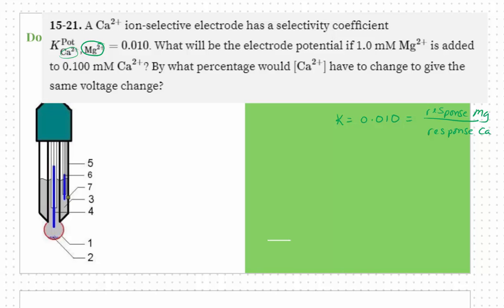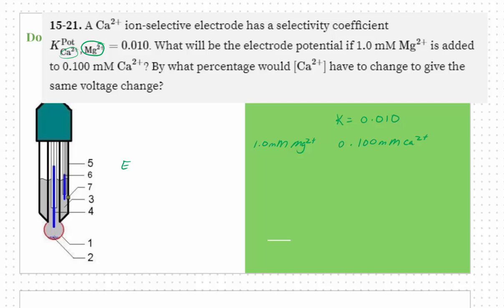Now remember, this is a calcium ion selective electrode. So the smaller the selectivity coefficient, the better the selectivity, the better the ion selective electrode is for our target analyte. So smaller K equals better. So how do I use this? Well, what would be the electrode potential if 1.0 millimolar magnesium is added to the 0.100 millimolar calcium? Well, first we need to figure out what that response is without magnesium,